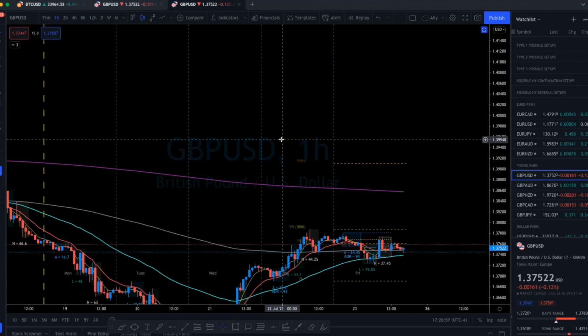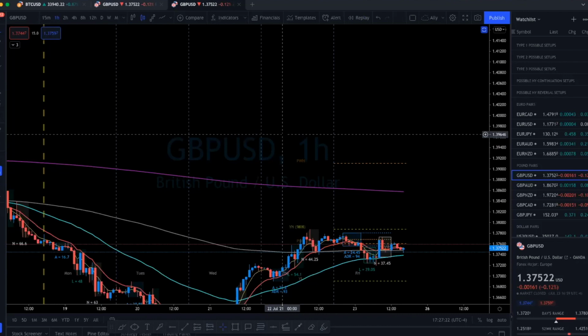It's important to make sure that the pair that you're trading actually produces the most of said pattern that you're trading. So a good example of that would be if you're trading, let's say, type 1 patterns,